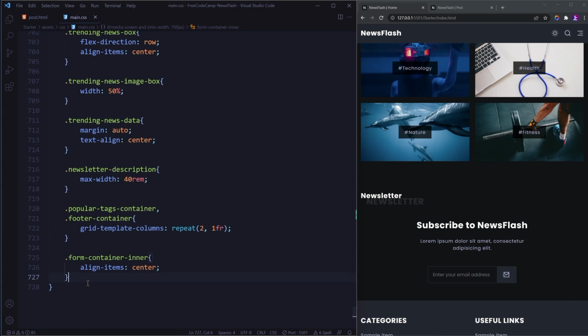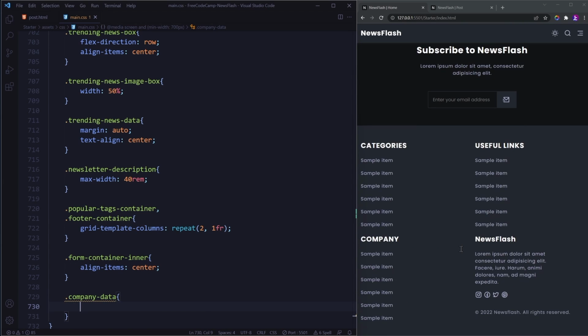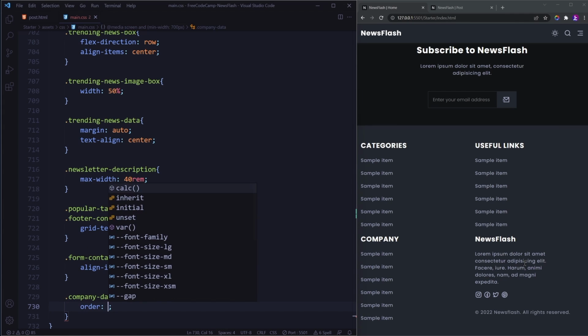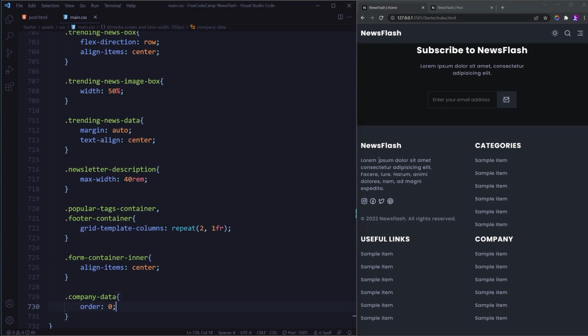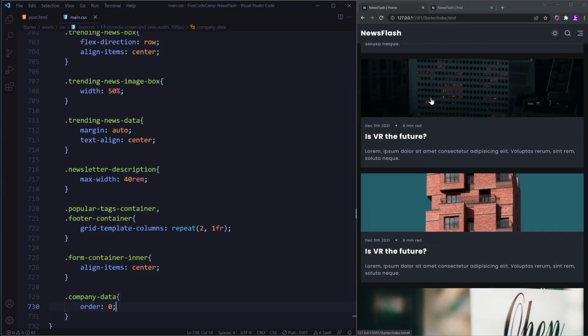Then for the company data, which is this right here, I'm going to change the order back to the first one, so 0, and that's going to place it over here instead. Then if we go back to the